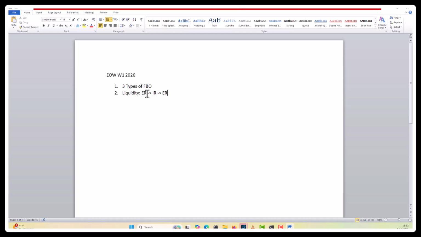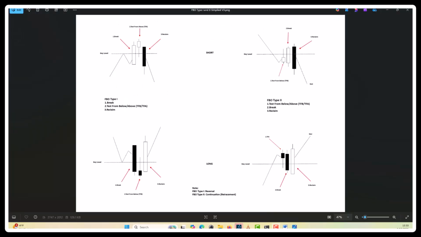Basically, liquidity runs from external liquidity to internal liquidity, and then goes back to external liquidity. So it's very simple. Let's review the 3-4 breakout types that we traded in 2025. Here we try to capture, summarize, or simplify